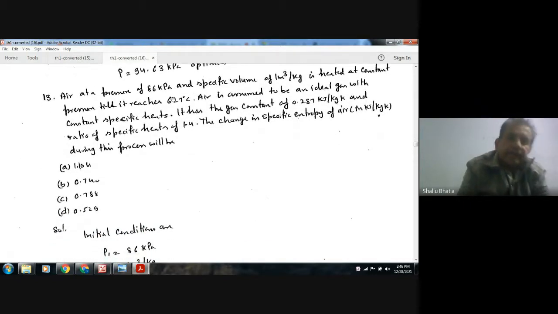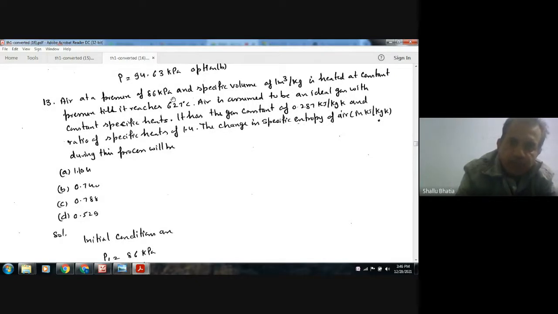Next, air at a pressure of 86 kPa and specific volume 1 meter cube per kilogram is heated at constant pressure till it reaches 627 degrees Celsius. Air is assumed to be an ideal gas with constant specific heat. It has the gas constant of 0.287 kilojoule per kilogram per degree Kelvin and the ratio of specific heat of 1.4. The change in specific entropy of air in kilojoule per kilogram per degree Kelvin during the process is